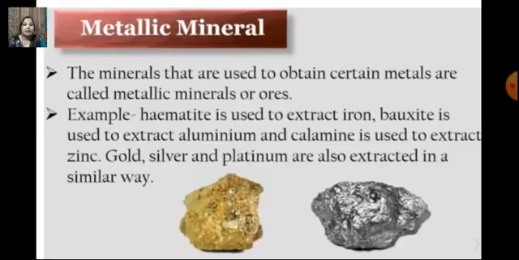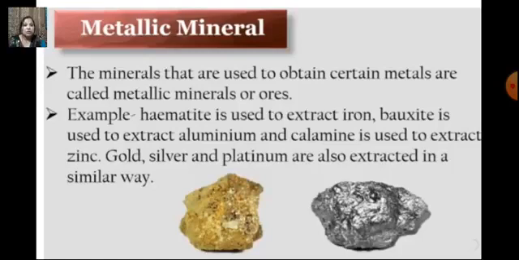Examples: hematite is used to extract iron. Hematite or magnetite is the ore of iron, which means that iron can be extracted from hematite or magnetite. Magnetite has a property that it attracts objects made of iron towards it. Magnetite is also used to determine direction because whenever suspended freely, it always